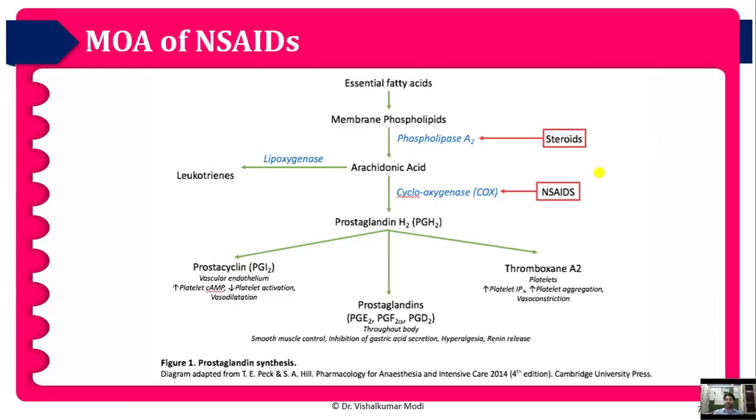Mode of action of non-steroidal anti-inflammatory drugs. Essential fatty acids produce membrane phospholipids. These membrane phospholipids produce arachidonic acid with the help of phospholipase A2 enzyme. All the steroidal anti-inflammatory drugs like betamethasone produce their effect by the inhibition of phospholipase A2 enzyme. Okay. Now arachidonic acid is converted into leukotrienes and prostaglandin H2. Arachidonic acid converts into prostaglandin H2 with the help of COX enzyme, and this COX enzyme is inhibited by the non-steroidal